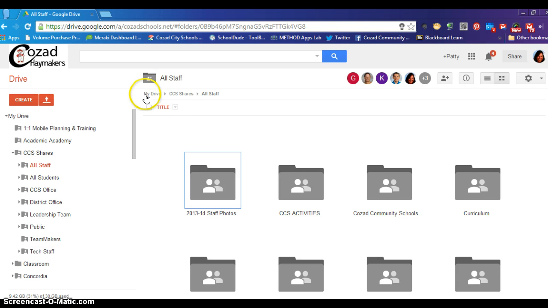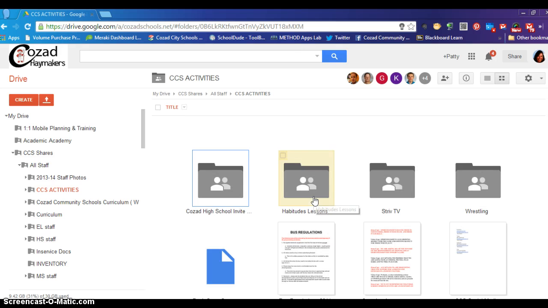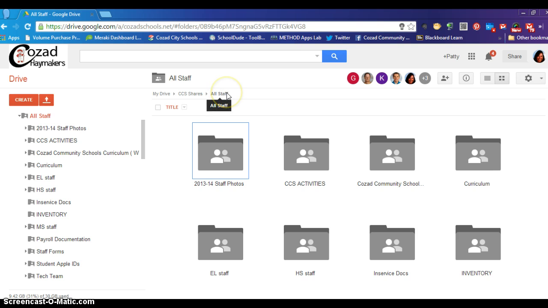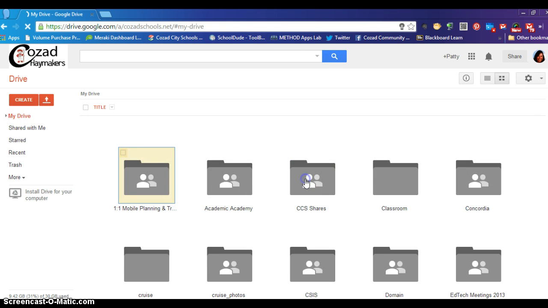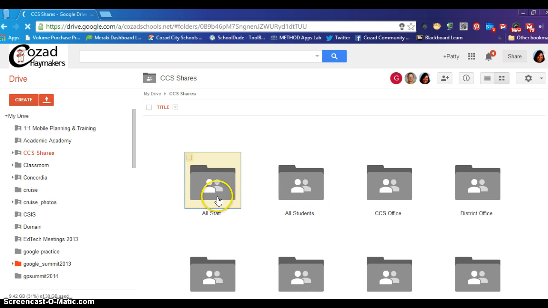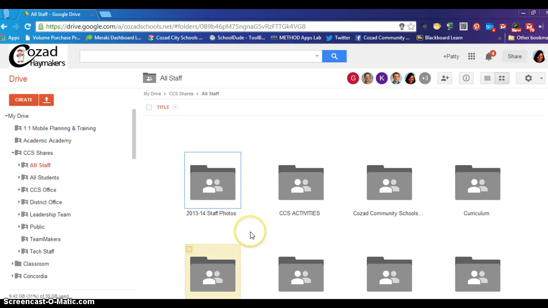Now, right up here, it will show you exactly where you're at in My Drive. These are called breadcrumbs. So I am in CCS Shares All Staff. And these are the folders that are shared with all staff K through 12. Another thing that you can do, and I believe Dave is showing you this in the Google Drive tutorial, is you can add all staff to your drive so that it shows up right under My Drive. So we're going to find the All Staff folder, and if you open the All Staff folder, you will